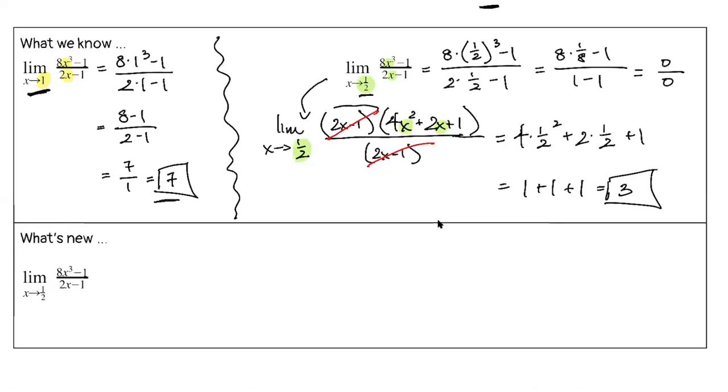So this is that common factor in the top and the bottom, that there's actually a hole at x equals 1/2. And that's why when we plugged it in, we ended up with this indeterminate form, okay? And so this value 3 then, it doesn't represent the y value that's there, it represents the y value that the function gets really close to, okay? So as you get to like 1/2 from the left and 1/2 from the right, the y values get really close to 3, okay?